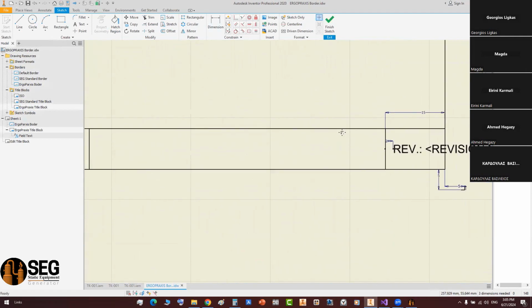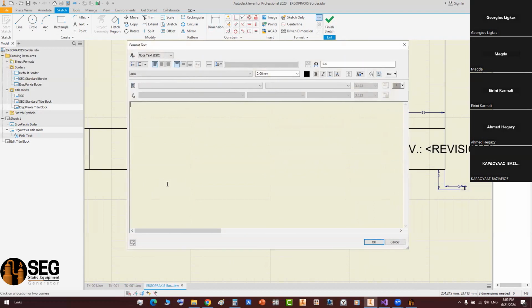And now let's add here another parameter, which is the sheet number. So if you have more than one sheet, automatically the drawing will include sheet, let's say 1 of 5, 2 of 5, 3 of 5. So how to make that? From here, let's add a parameter called sheet. Let's make this text in the middle, which is sheet